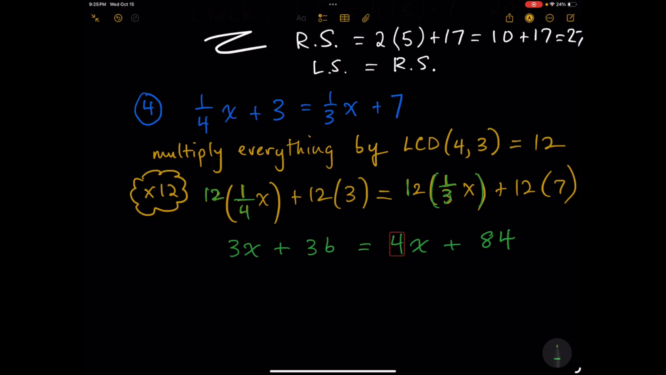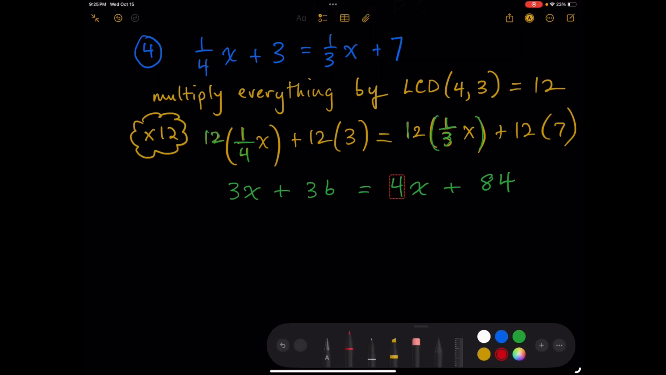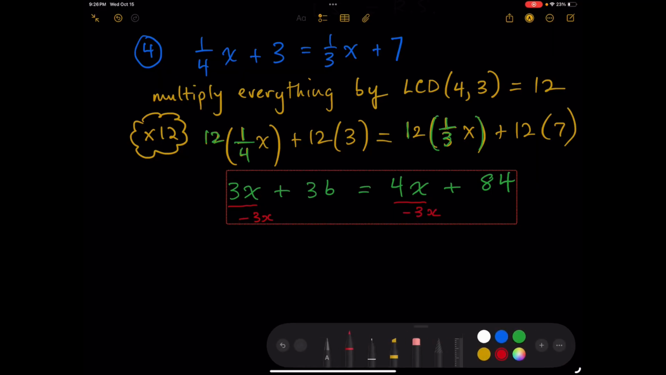Okay, now we can go back to our rectangles if you like. But something I want to observe, this is moving away from the rectangles a little bit, is that the left side of the equation has 3x and the right side has 4x. And when you think about that, if I subtract 3x from both sides of the equation,